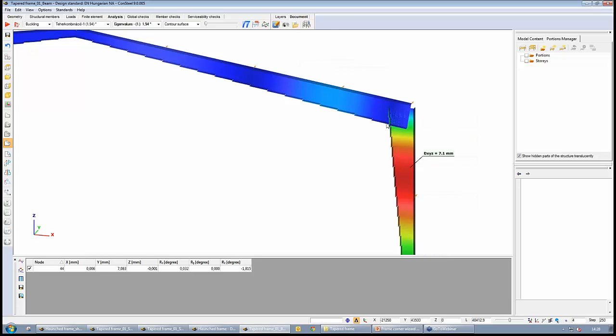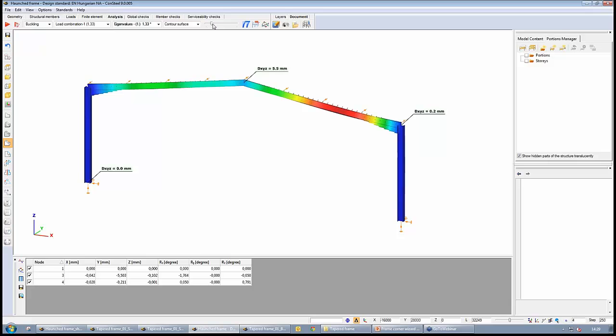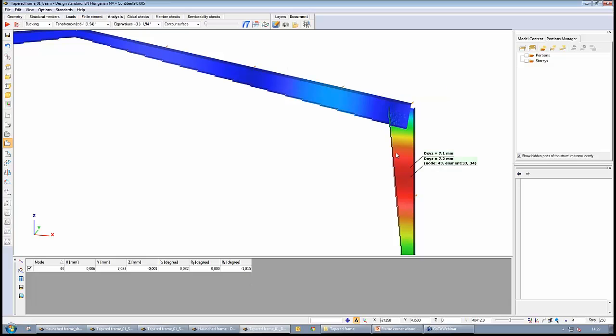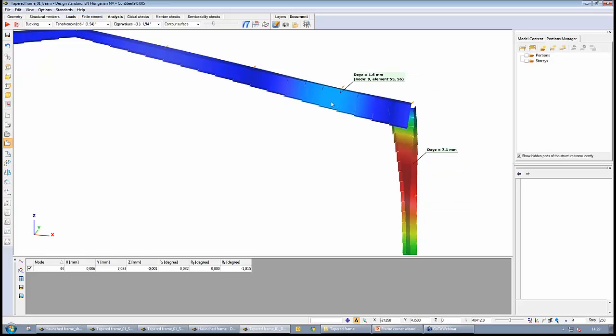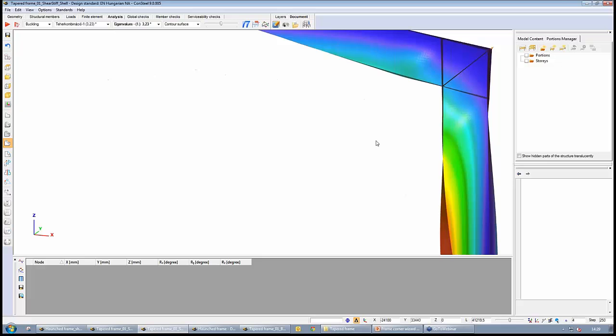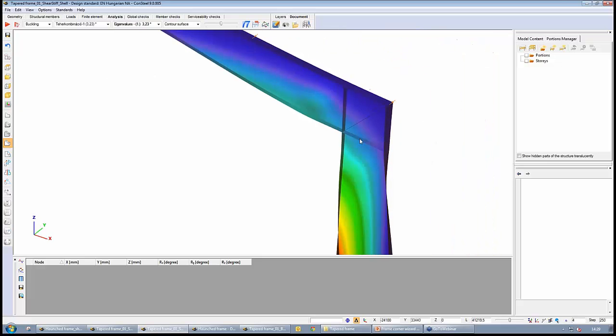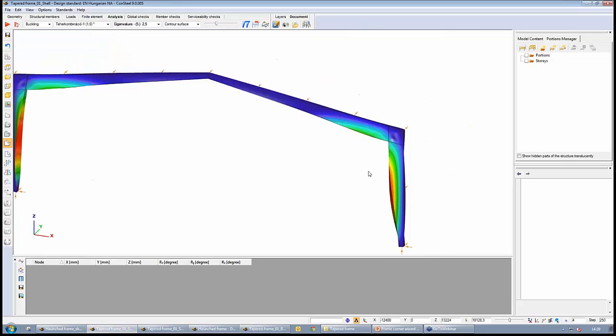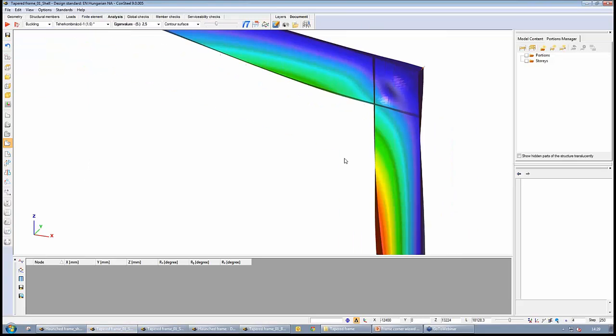These are the compressed flange areas. In the hinged frame the beam is buckling, but the lower flange, and in this model the column is buckling and the inside flange is going out of plane. So this is the dominant area. What we see is that in the real connection of this tapered shell element model, the real connection of these flanges is somewhere here, and these are really connected even for this unstiffened case. So these are connected here,